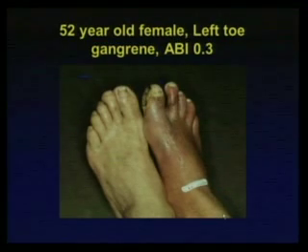So this is one of our typical patients, a 52-year-old female with signs of chronic ischemia. You can see on the right side, the patient has hyperemia from chronic ischemia as well as toe gangrene. Her ABI is 0.3 on the right side. And these are very typical. So for people with rest pain or tissue loss, usually they have multi-level disease. So when we say that, that means they have,